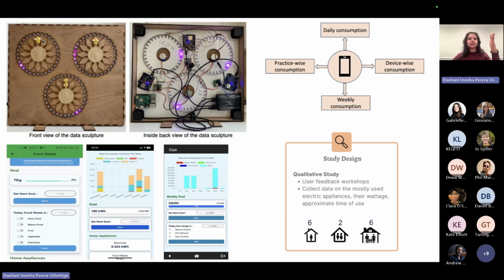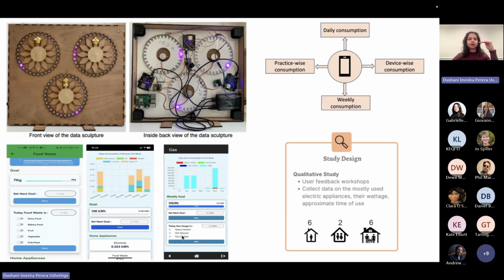The concept is that the bee will start at the 12 o'clock position of the clock, say on a Monday morning. Throughout the week, as people use electricity or gas or waste food, the bee will record the data and gradually move clockwise to show how much you are using. There's no text, no numbers, because that's what they wanted. It only gives you an abstract idea of how much you're using.